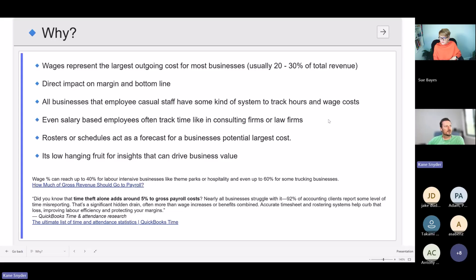And then just something on time theft, a bit negative, but there is time theft where people try and fudge their timesheets a bit. That can often add around 5% to payroll costs. So lots of businesses struggle with it. So this whole slide is really just saying it's a good thing to report on. It's easy to show some value to a business.